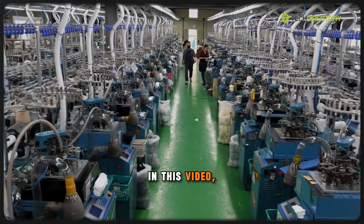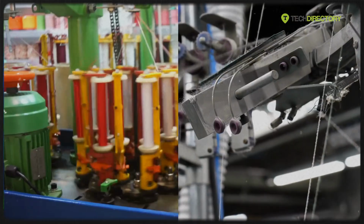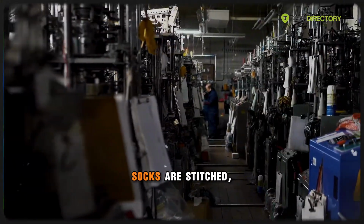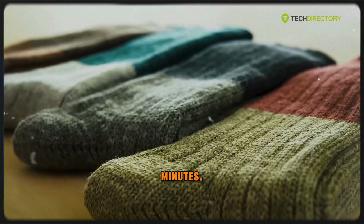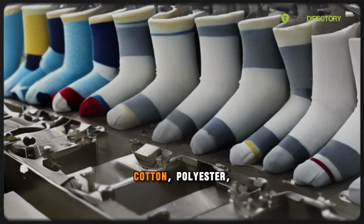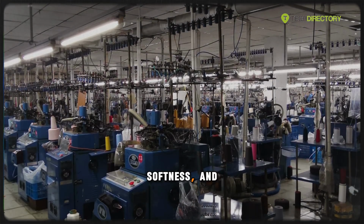In this video, we're taking you on a journey inside a modern sock factory, where tradition meets automation. From colorful threads to the final product, you'll witness how socks are stitched, shaped, and packaged with remarkable precision, all in just minutes. It all starts with massive spools of yarn, cotton, polyester, spandex, carefully selected for stretch, softness, and